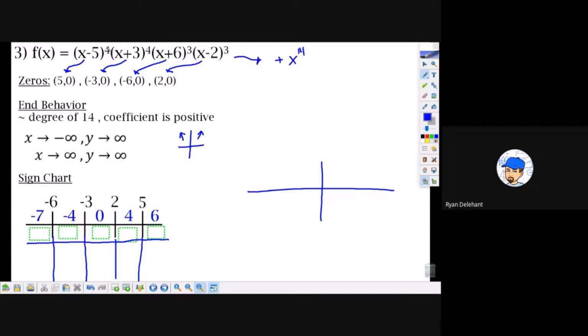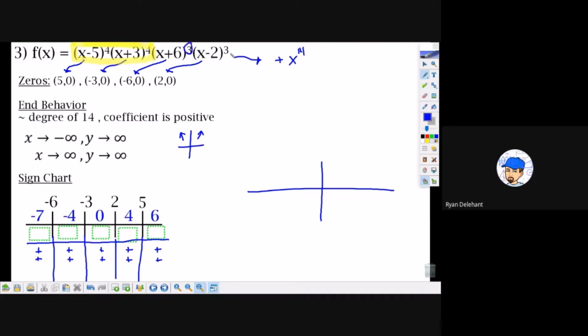Meaning that when we look at this, these first two, I don't need to plug numbers into them. They're never going to be negative. It does not matter what number comes out of that subtraction or that addition. When I take it to the fourth power, it's going to come out as a positive number. So those first two signs, I can pre-fill in without ever plugging in a number because they have an even power. The only thing I need to test is the other two to see if they're going to be negative or positive